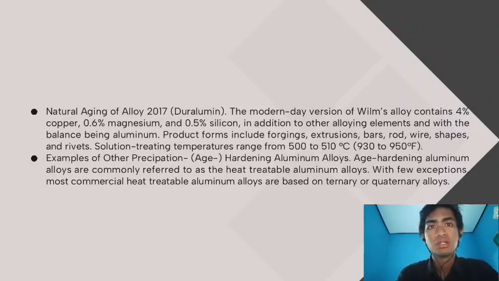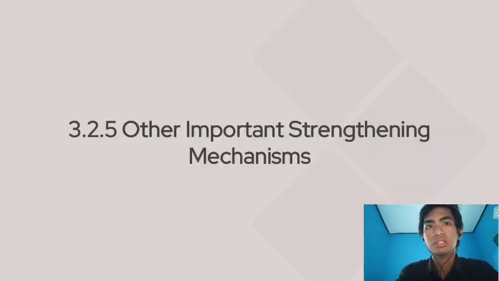Example of other precipitation hardening aluminum alloys. Age hardening aluminum alloys are commonly referred to as the heat treatable aluminum alloys. With few exceptions, most commercial heat treatable aluminum alloys are based on ternary or quaternary alloys. Okay, next we